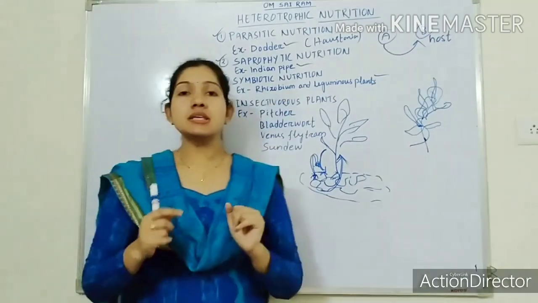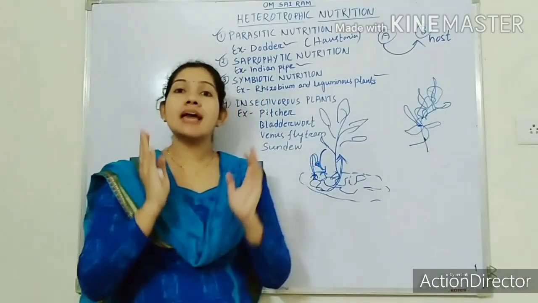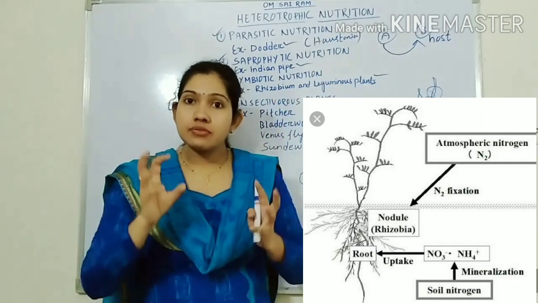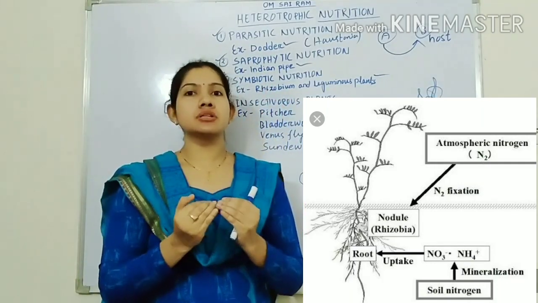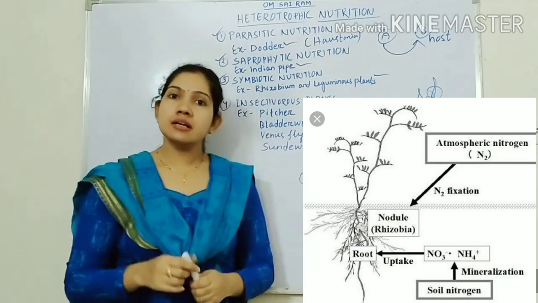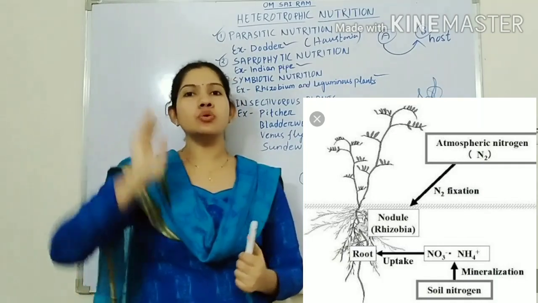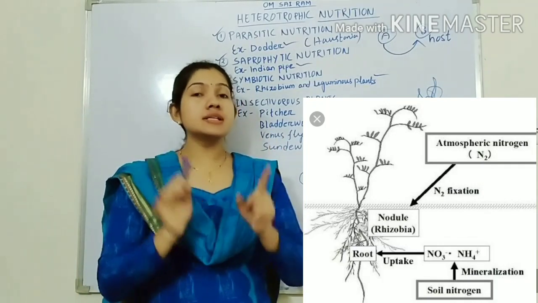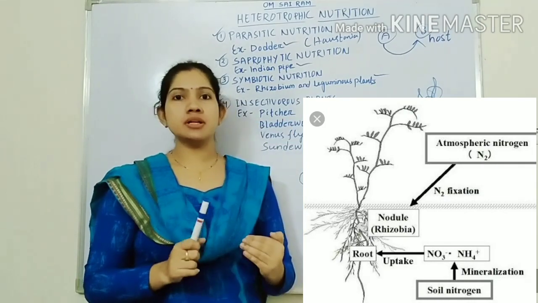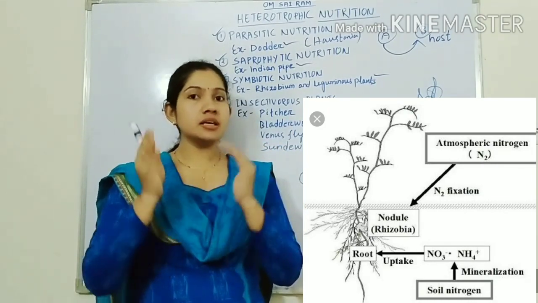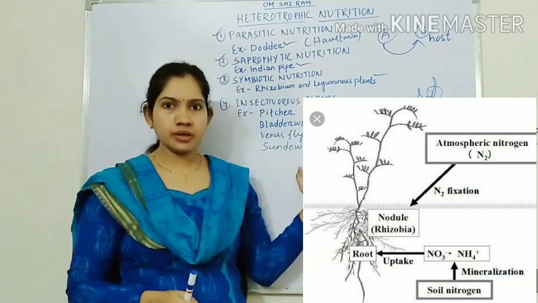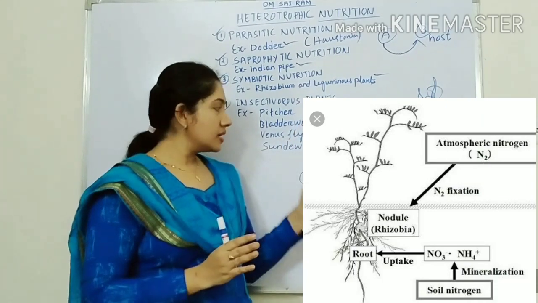Rhizobium is a bacterium which helps in trapping the atmospheric nitrogen. It will convert the atmospheric nitrogen into a simple nitrogen compound and make that nitrogen available to the plant. Here I am not discussing the nitrogen cycle in detail, as I have mentioned, it is in our last chemistry chapter. I think there we will have a detailed discussion of the nitrogen cycle. Here I am not mentioning it. Here just remember that these